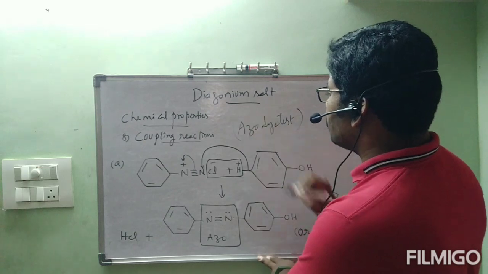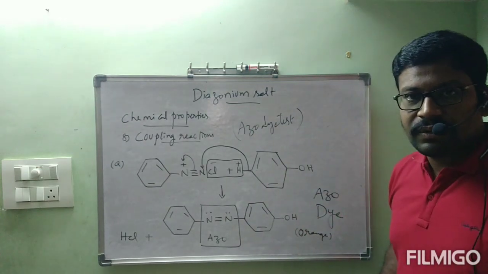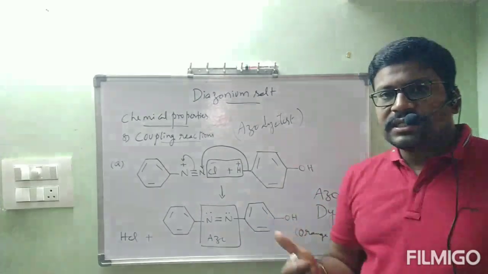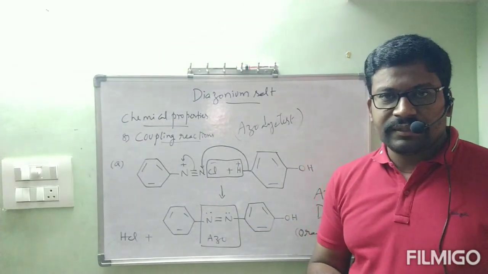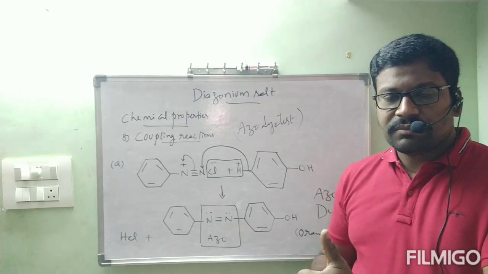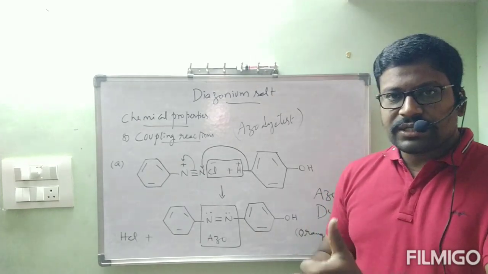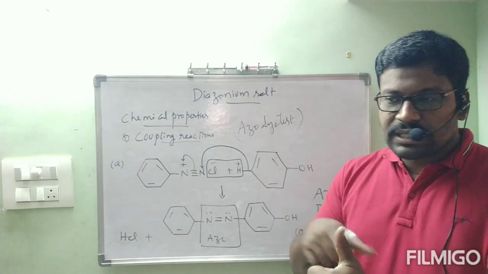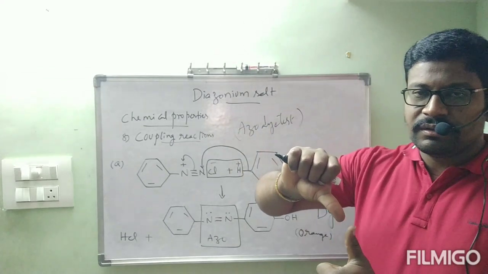Now we will concentrate on why it is called a test. First, we want to check whether the given substance is phenol or not. So we are going to prepare benzene diazonium chloride. In a test tube, benzene diazonium chloride is prepared by us, so it is known to us. For that we will add phenol.